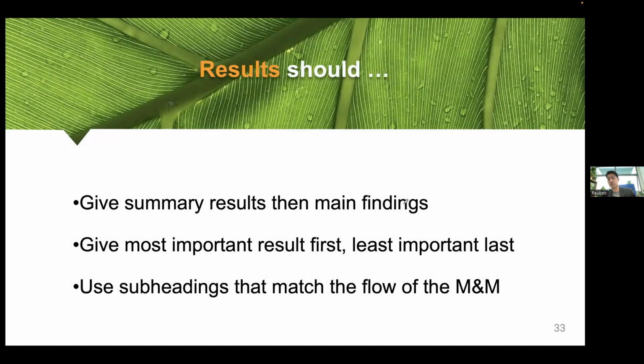All right, so what should your results be? As I mentioned, your results should really match the flow of the materials and methods. If you use the same subheadings for your materials and methods, use them the same for your results. But in general,